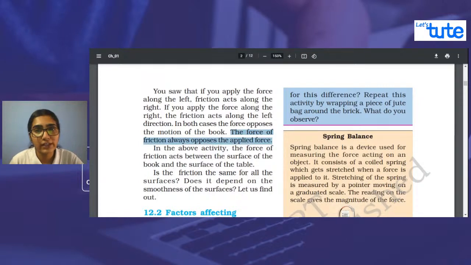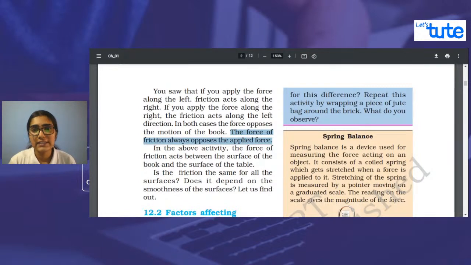Now remember what we did. I'm going to revise. First of all, what is friction? Friction is a force that comes into play when two surfaces are in contact. So write down point number one. Friction is a force which comes in play when two surfaces are in contact. Then if someone questions you, okay, you defined what is friction, now define what would be the direction of the frictional force. The direction of the frictional force would be in the opposite direction. So if a force is getting applied from left, the friction would be applied from right.